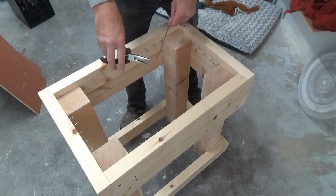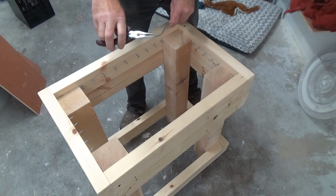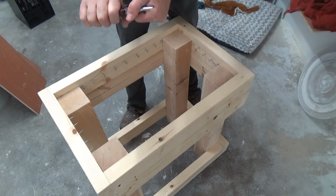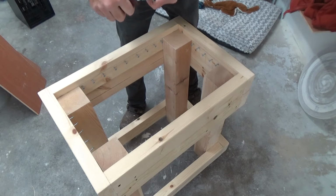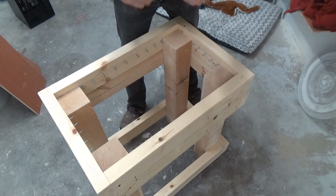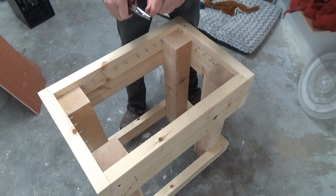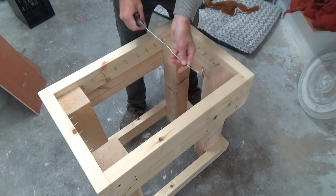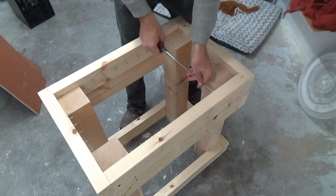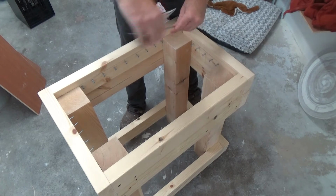make all the others. So all I'm going to do is grab it with a pair of pliers and bend it round just at the end like that to make a loop, something like that. There we go. And I'm going to bend that loop up to a right angle, and then that just hooks onto my screw. Let me just show you the other way. So it hooks on like